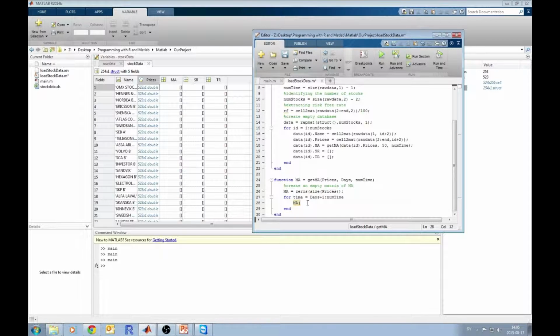So we're going to refer to the specific element in the vector of MA, or matrix MA,